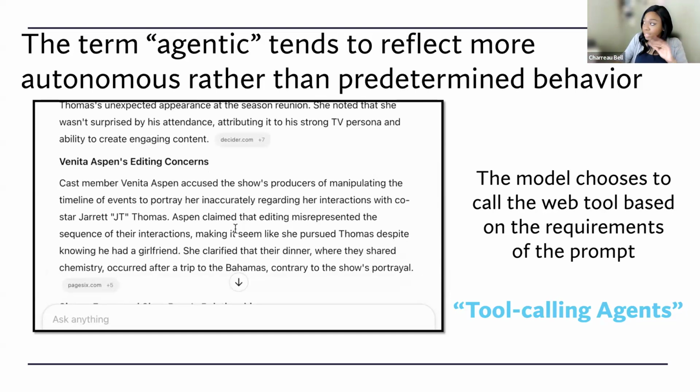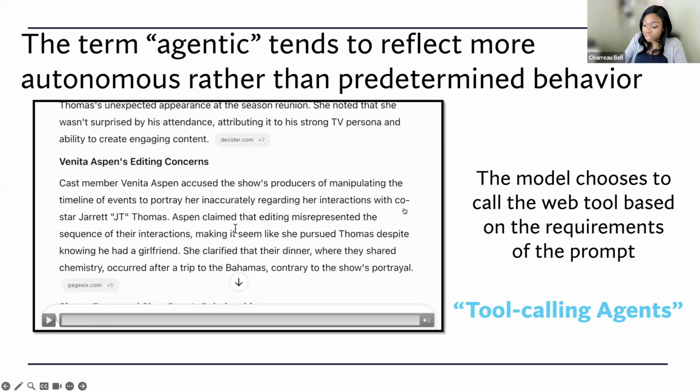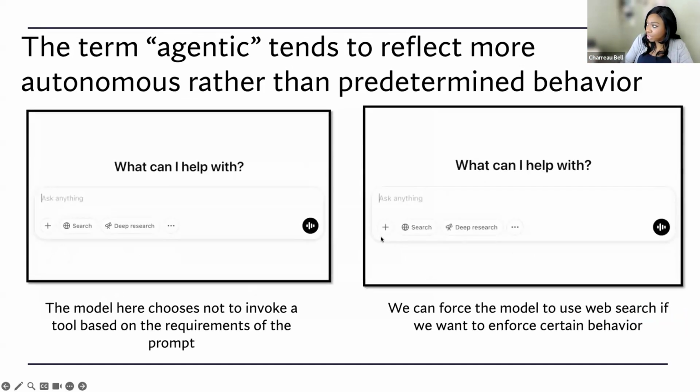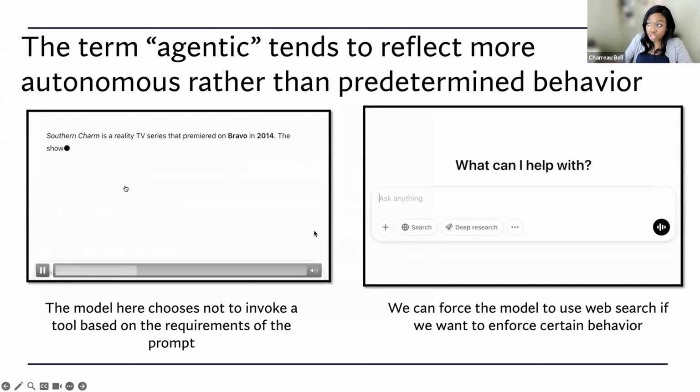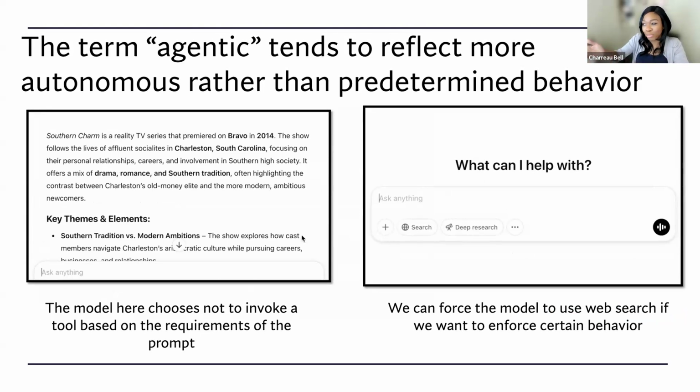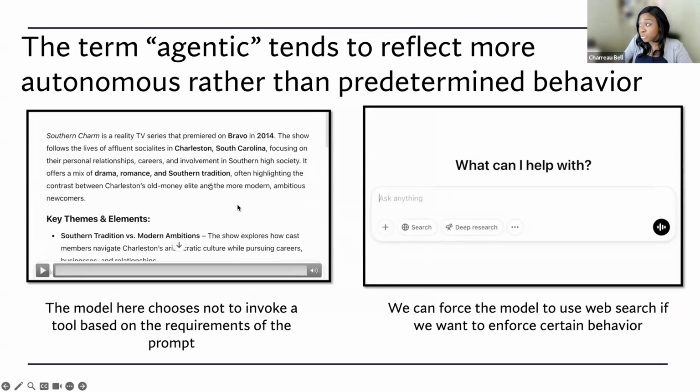And again, you saw that this thing is trying to choose this tool in order to resolve the task. So this is choicey. It is not a choice, but it's choicey. We can look at something else, which I think you have probably tried. Here we are just asking it again about Southern Charm more generally. You see that it doesn't always choose to use the tool. There it didn't. Why? Because we are not really caring about the most recent thing as we phrased it to the LLM. So there it didn't choose to do that.